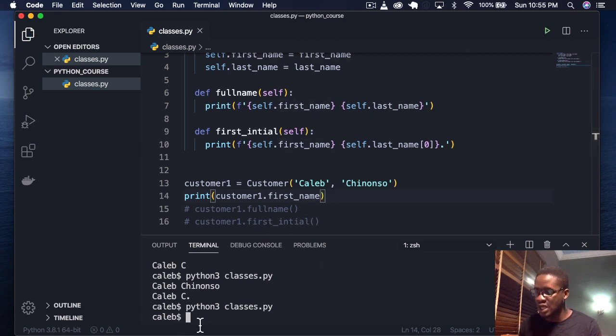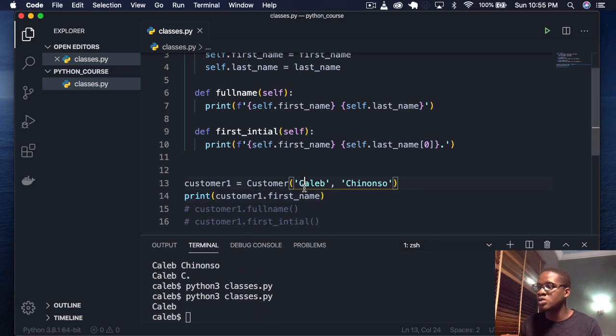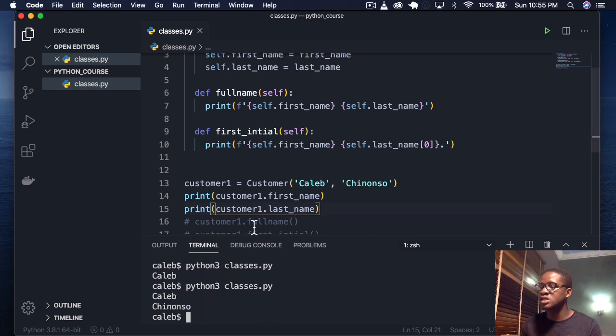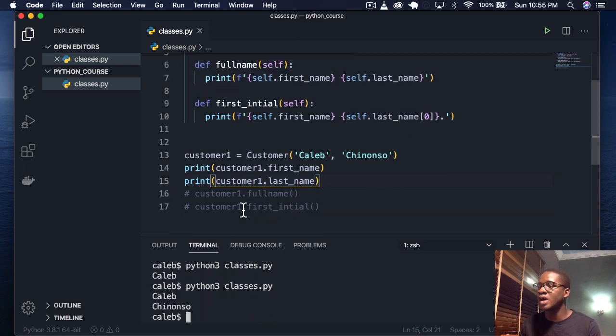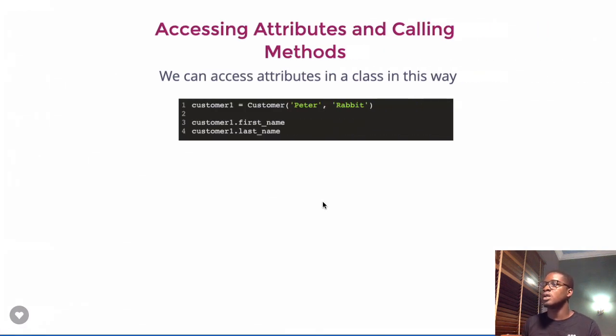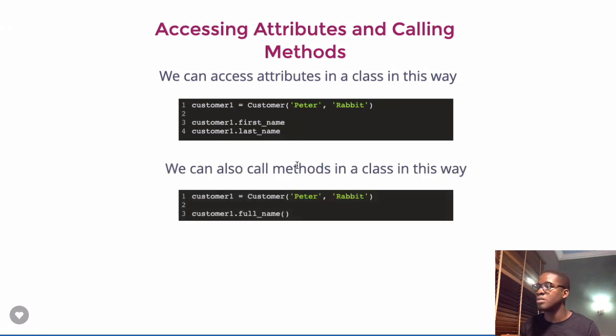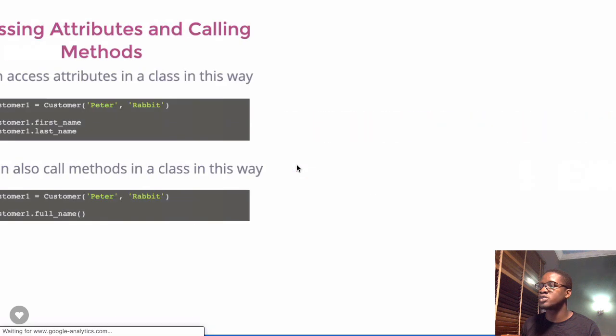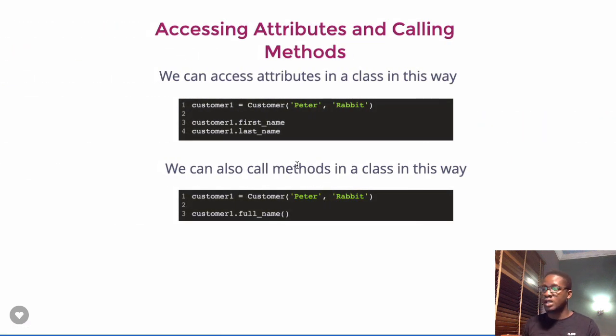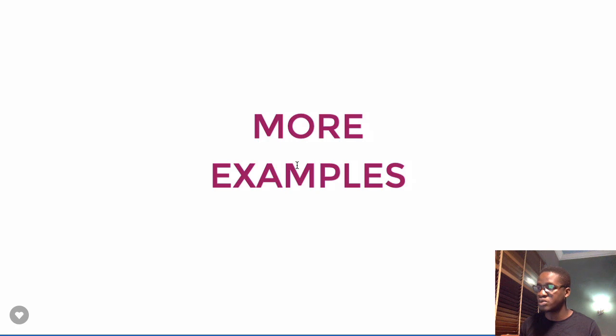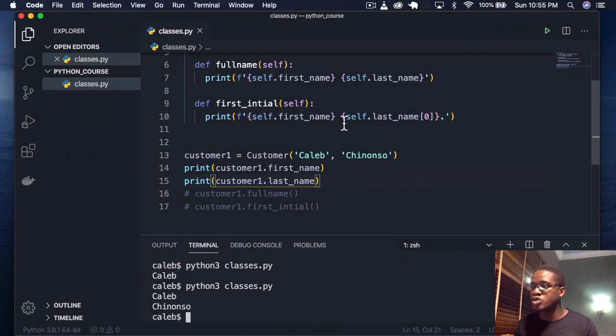So I am accessing just the first name, and if I want to access the last name, I will do the same thing. So this is how we can access individual attributes in the class. I have also talked about how we can call methods, using the full name I have given. Now we're going to see some more examples, and that should be in the next section